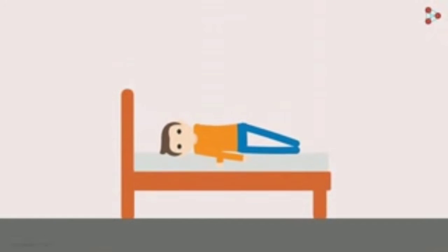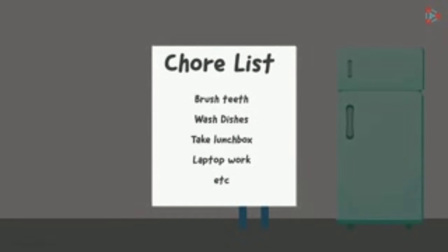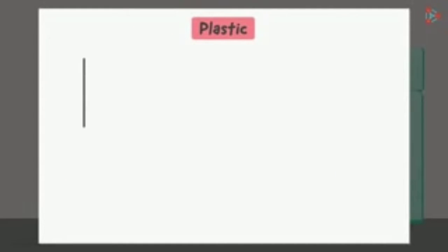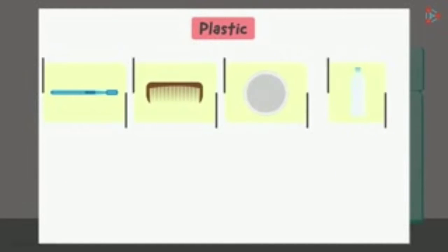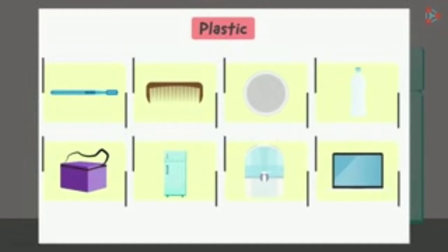The moment we wake up early in the morning and start with our daily chores, we depend on various items. You may say there are many in the list. Yes, but most of the items used by us are made up of a single material collectively known as plastic. Yes, the toothbrush handle, the comb, plates, bottles, lunch boxes, bodies of refrigerators, water purifiers, laptops, and so many other articles. The list would be endless.